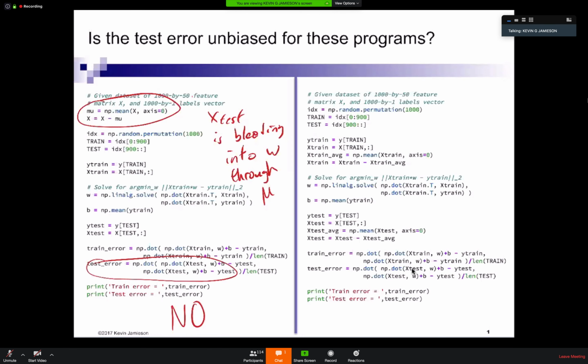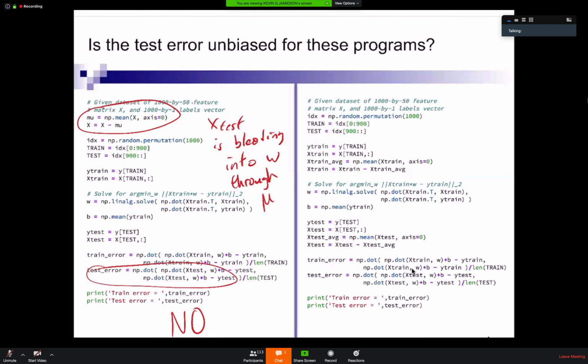So what should be happening here is using this X-train average to standardize the test set. You don't standardize it by its own average. You standardize it by the X-train average. And now this makes sense, because now the test set and the training set have been normalized the same way, and they're still independent,